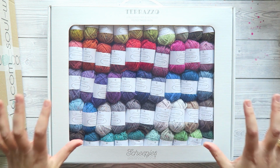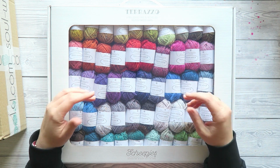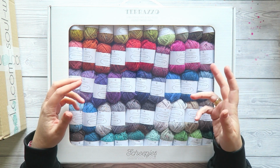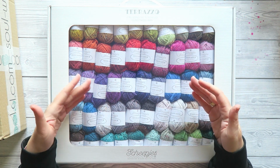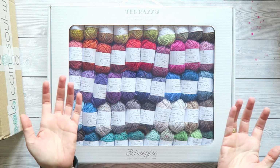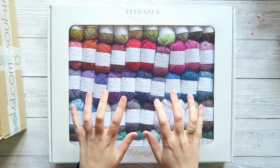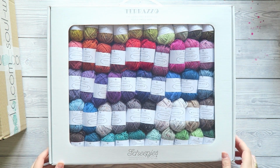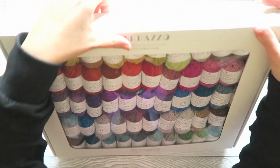So in my book, using recycled wool from the industry, either the garment industry or the textile industry, that would otherwise be waste, I think that's a good direction. And that's why I wanted to try this wool. So Scheepjes are so good with these things. They always have